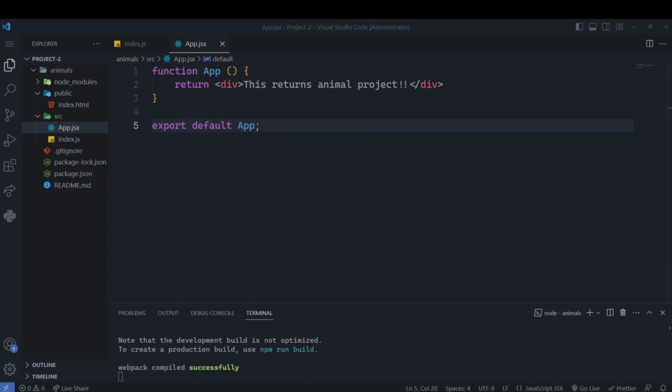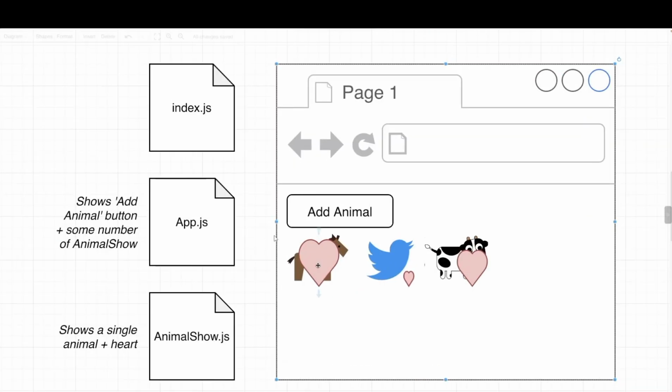Now as we saw, in order to make a functional application of what we are trying to make, we will create an add animal button, and then whenever we click on the add animal button, every time it will show us a different animal with hearts on it, and every time we click on the heart it will make the heart bigger. So we need to make 3 components. First will be index.js, second will be app.js, which will show the add animal button, plus it will show some number of,